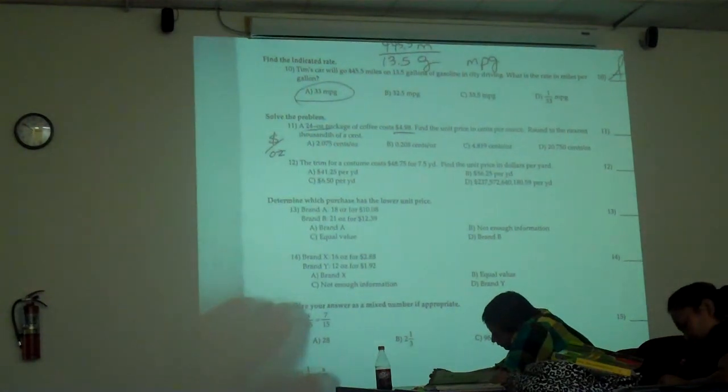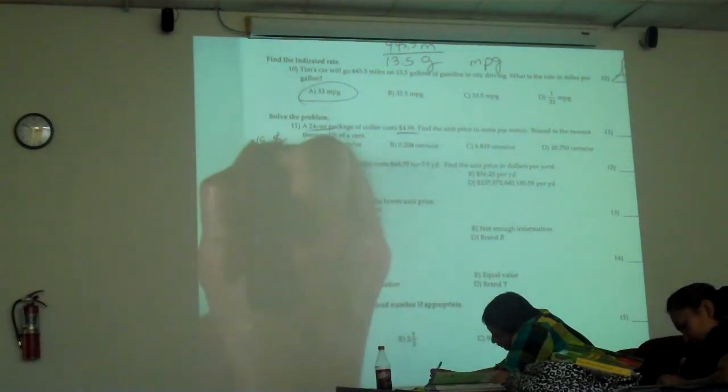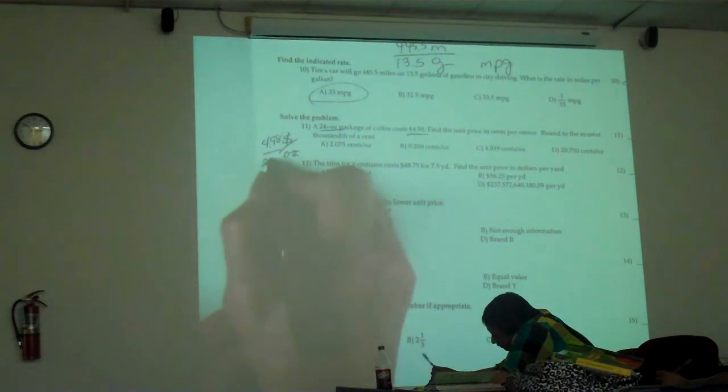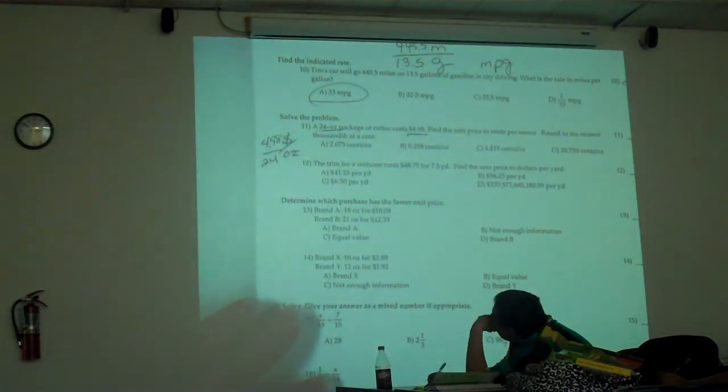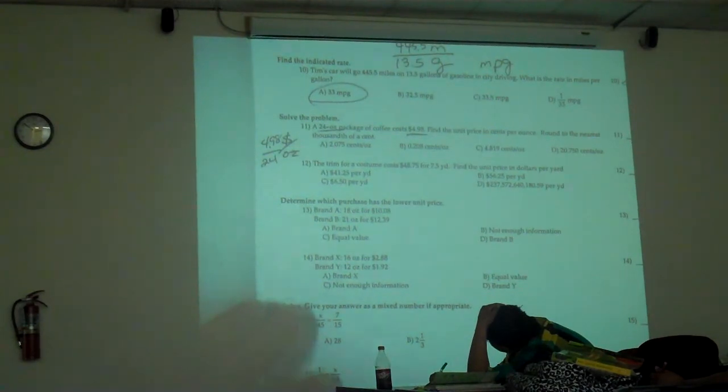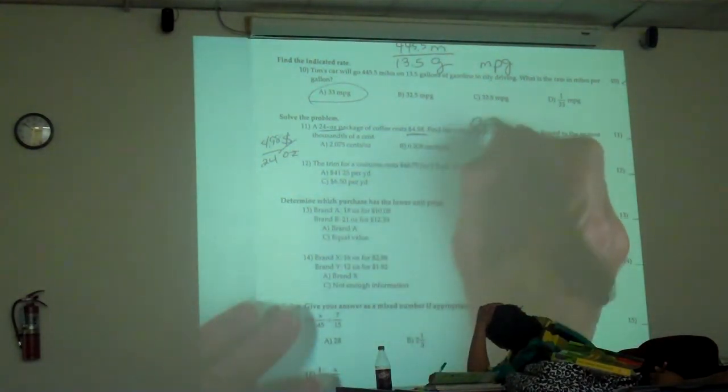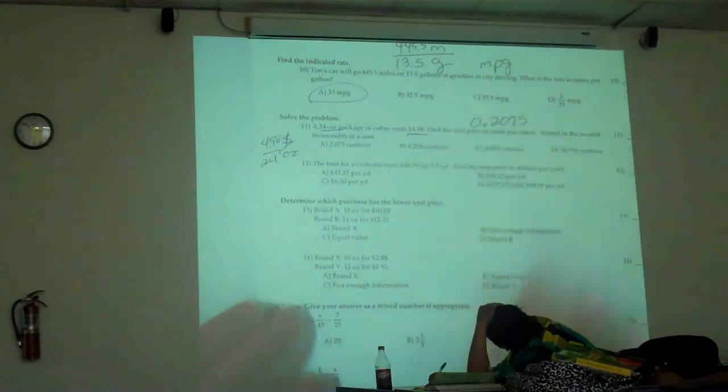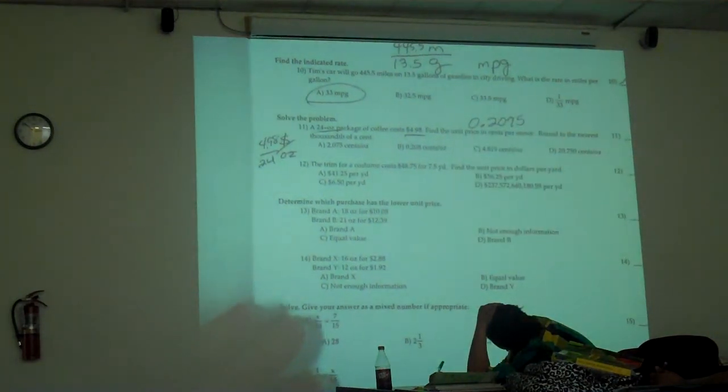Oh, okay. $4.98 divided by 24 to give you price per ounce. So what do you get? 4.98 divided by 24. 0.2075. They want you to round to the nearest